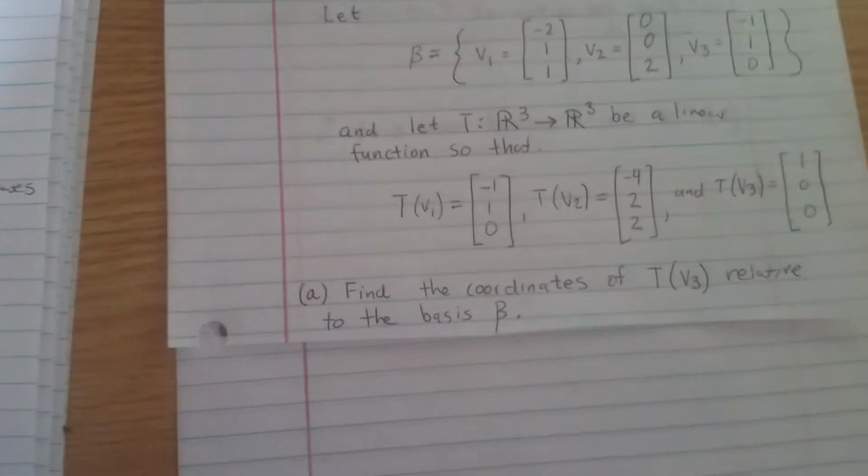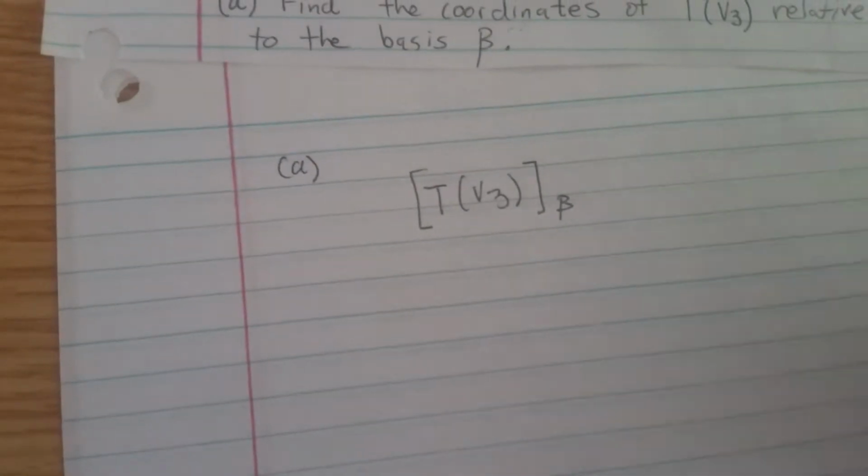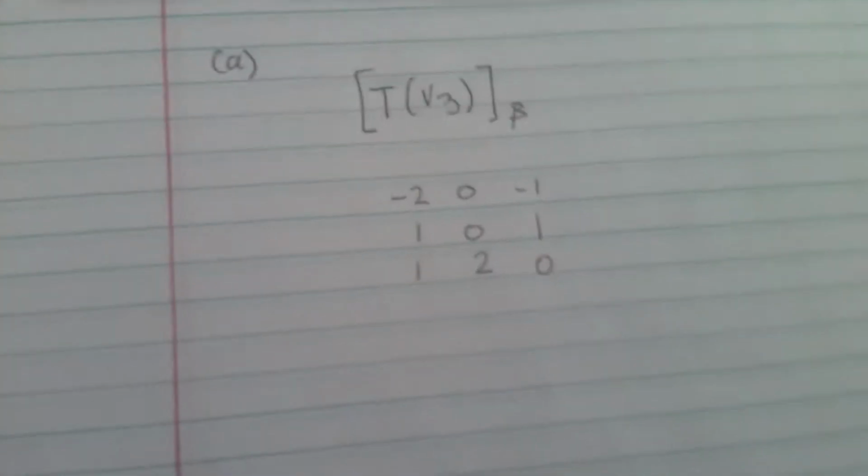to the basis beta. So basically what that's saying is it wants you to find Tv3, and we're going to put it in brackets to show that we want it relative to beta. Alright, so basically to find these coordinates, we're going to take the basis and rewrite it as a matrix right here. And we're going to make it an augmented matrix with